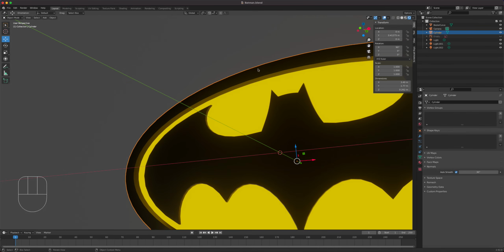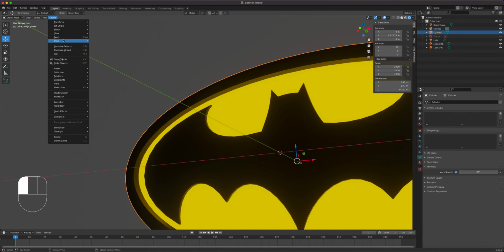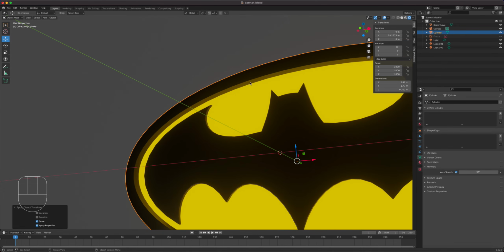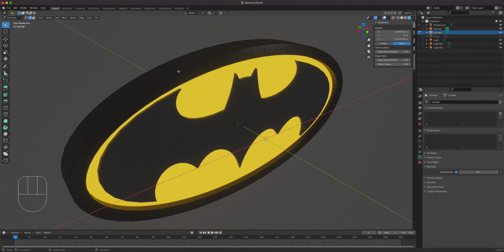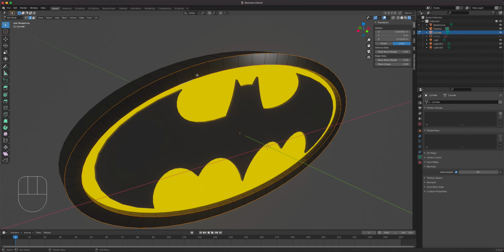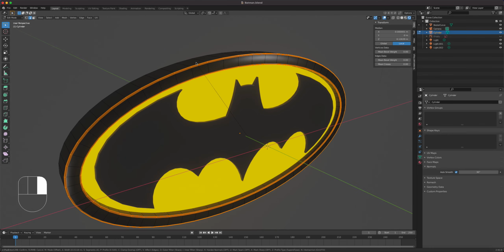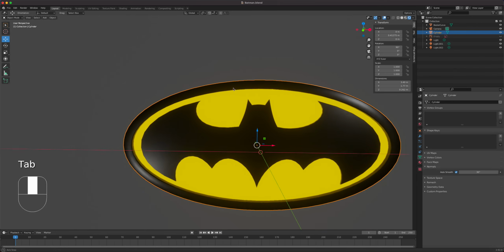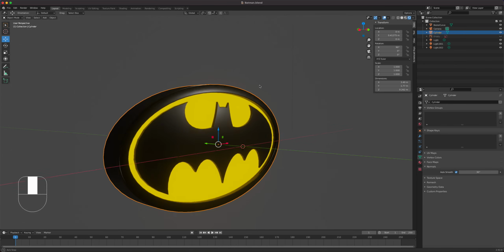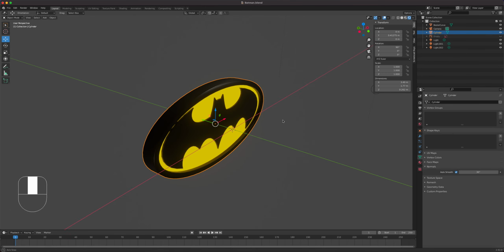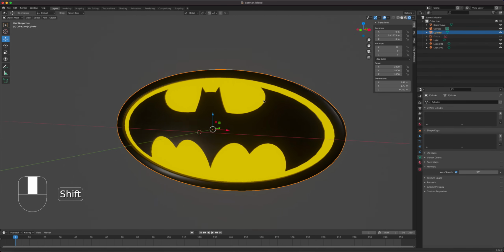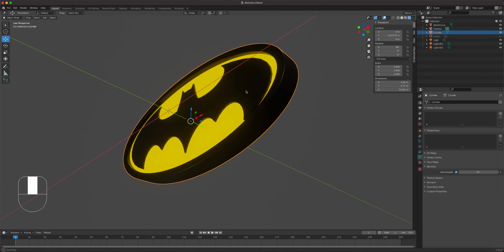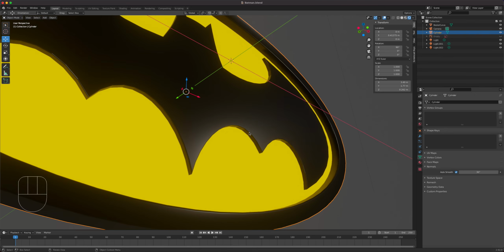Okay, this one, apply scale also. Let's also put a bevel on this guy. All right, so edge mode, select that one, alt click all the way, shift alt click this as well, right click bevel. All right, just so that you know it's not too sharp. Well, maybe it should be because it's Batman, but anyway, that should complete this demo on how to